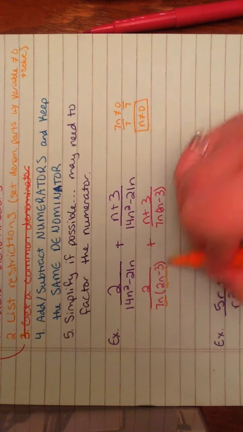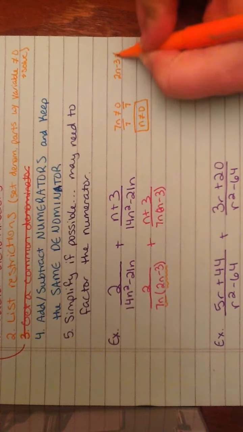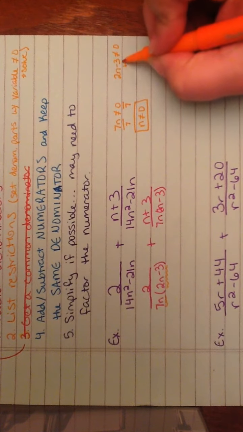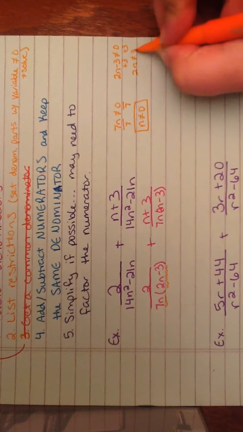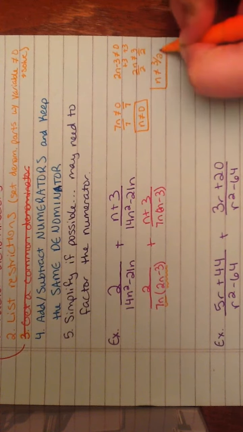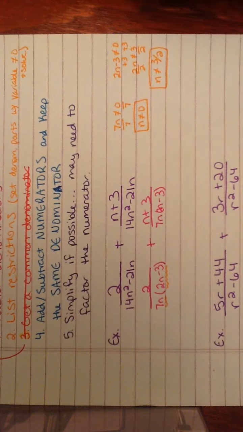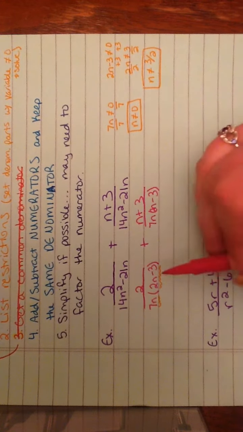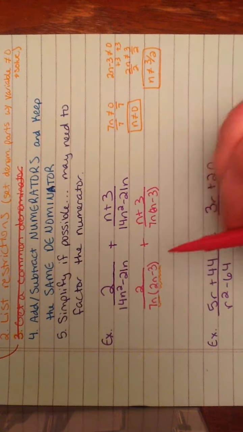And also 2n minus 3 has a variable in it. It has an n. So we set that not equal to 0. To solve this, we would add 3 first, and then we would divide by 2. So n cannot equal 3 halves. Make sure you have those restrictions. It's very important. We're going to have to see that on every single one of these when you have a quiz over this. Okay, now we double check that our denominators are the same, and since they are,